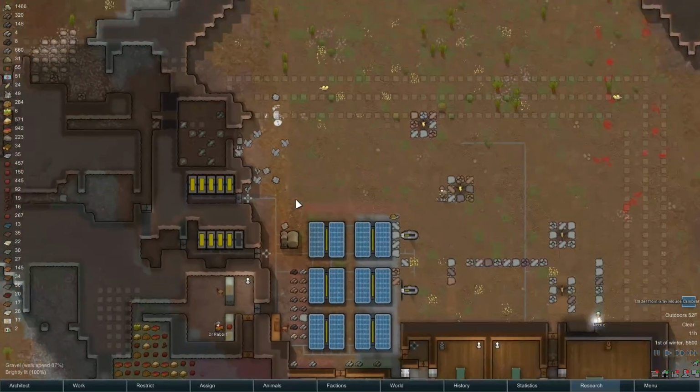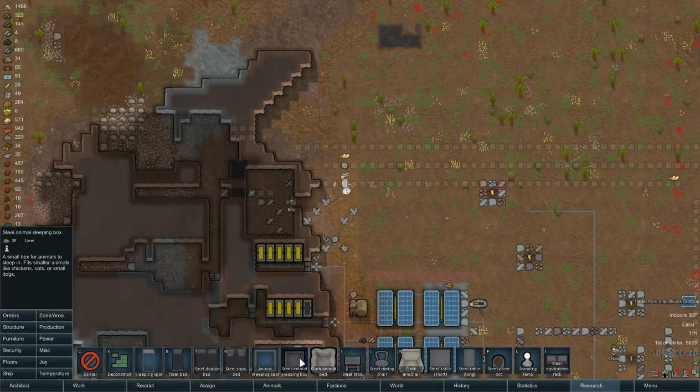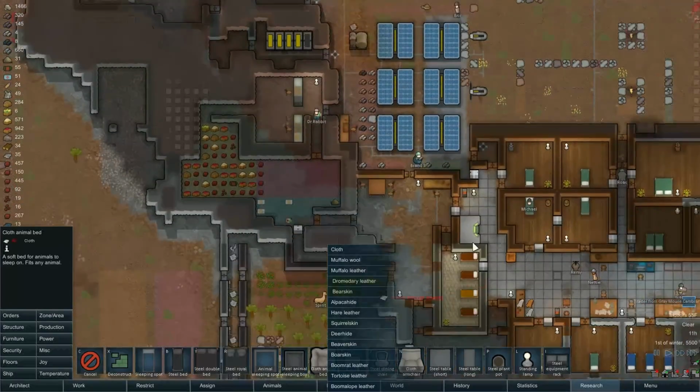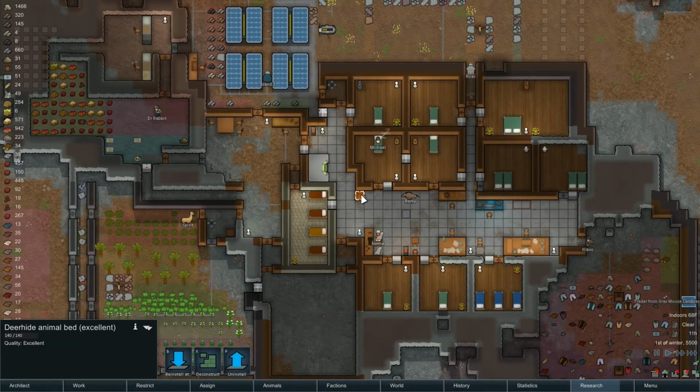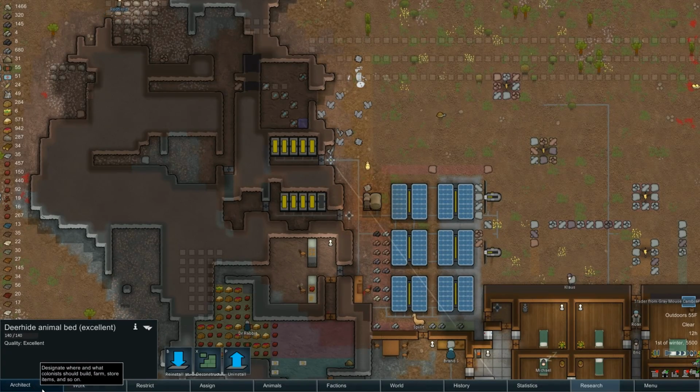Okay. Anyway, let's get some animal boxes over here. Furniture. Can this one move? Reinstall out. Good. Let's reinstall at here. And there's probably no way to assign that to just Remy, is it? Is there? Okay. Well, let's go with a couple of ordinary